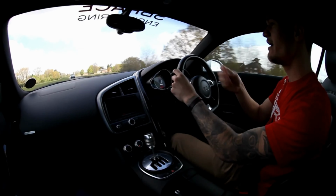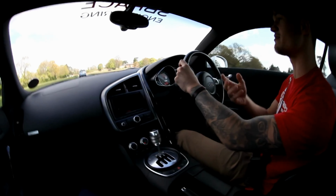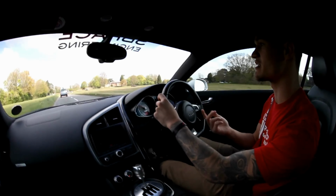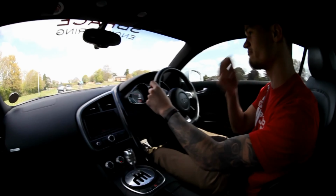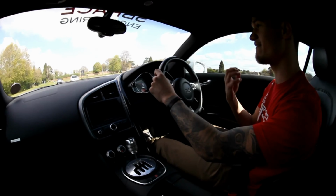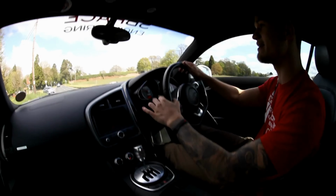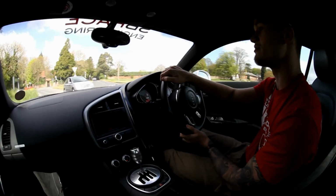See what I mean? I didn't open the exhaust up too much, but what I did do was absolutely nail it to the floor and didn't change gear until 7,500 revs, which just opened up the exhaust and really gives it that epic V8 sound. I get addicted to it. I really get addicted to